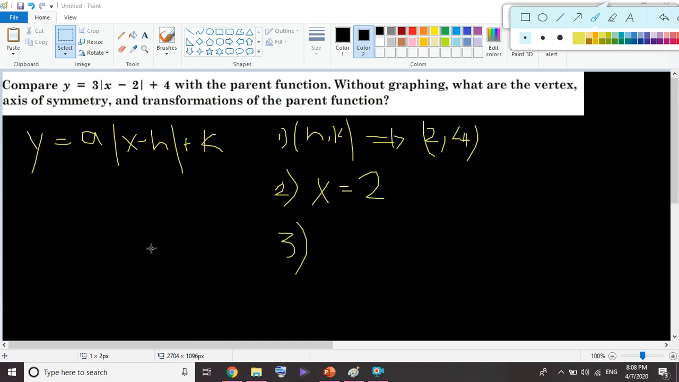Now remember the parent function, we said y equals the absolute value of x. What are the transformations based on this equation? First of all, instead of a here, we had 3, so we have a vertical stretch. Based on this equation, the parent function is stretched by 3 vertically. I'm going to label them A, B, C. So A, we have a vertical stretch,